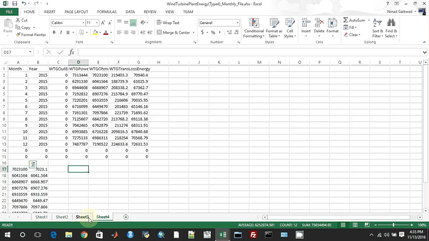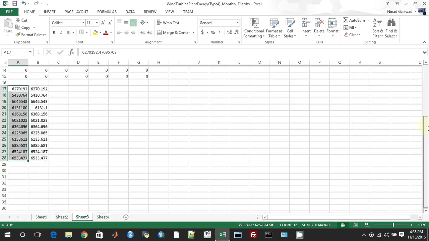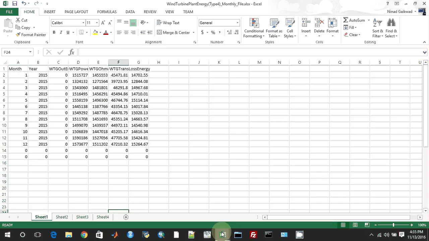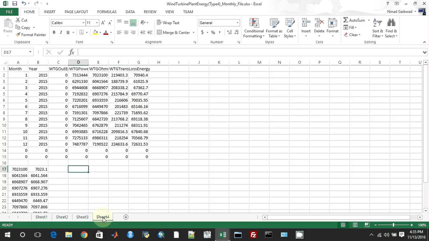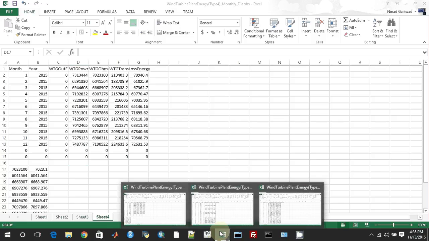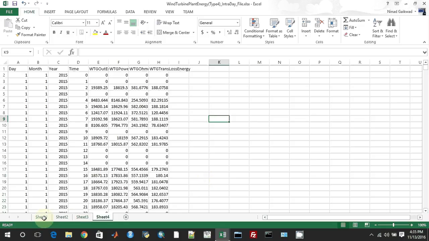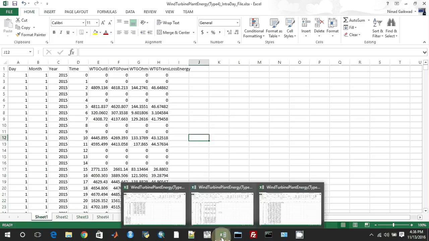So as we know from the data sheet, from the data acquisition, that for type 4 of our wind turbine we had 4 submodels. So every submodel occupies one sheet inside that particular Excel file. It is similar for the other 2 resolutions, that is in intraday, where we have 4 sheets again. Okay. And columns remain the same, only over here in the intraday one we have day, month, year and time,